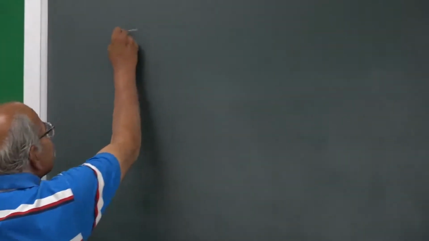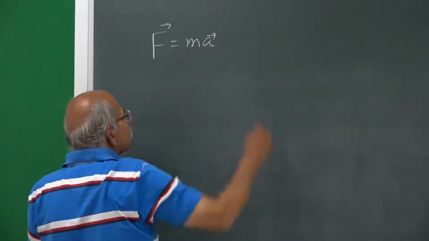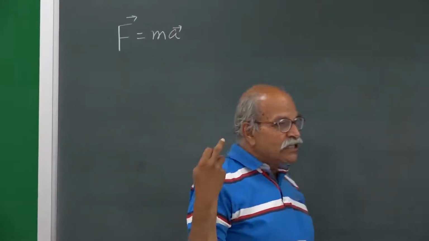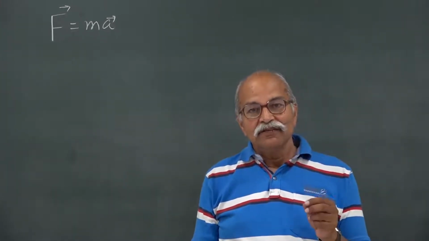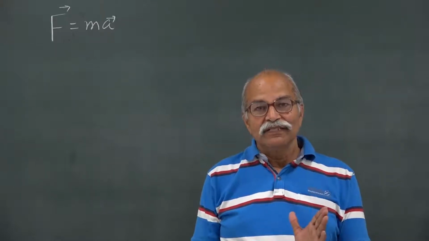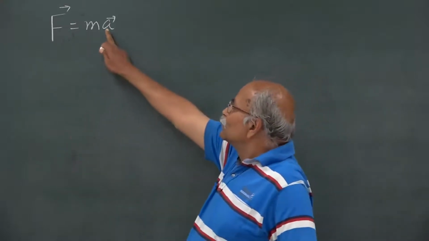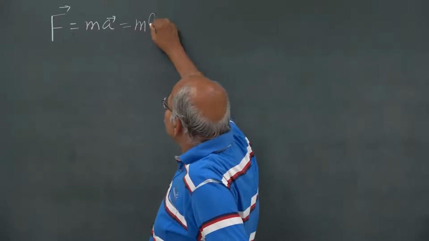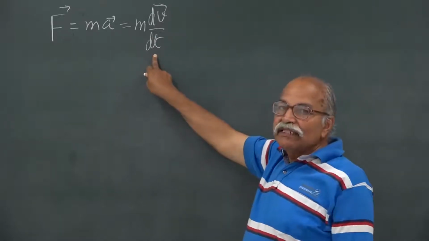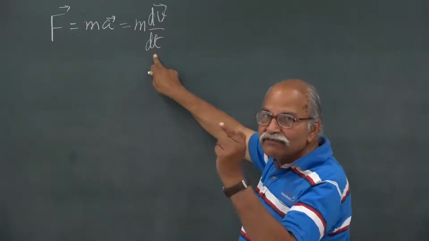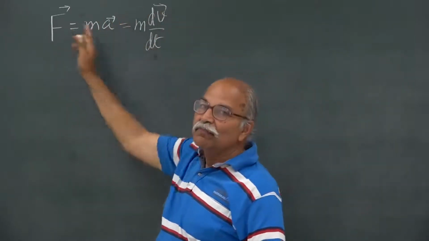So, that equation, let us see how this is replaced in special relativity. This equation tells me several things. One is the acceleration, which is the rate of change of velocity, is in the direction of applied force. This is a vector equation. So, this acceleration, which is dv dt, and hence in a small time interval the change in velocity dv, this change in velocity must be in the direction of the applied force.